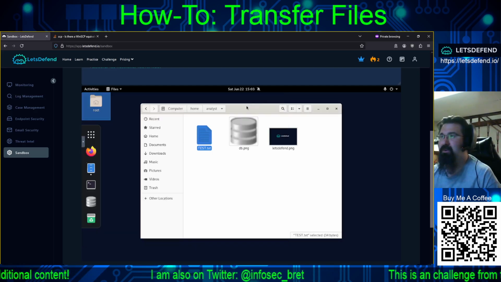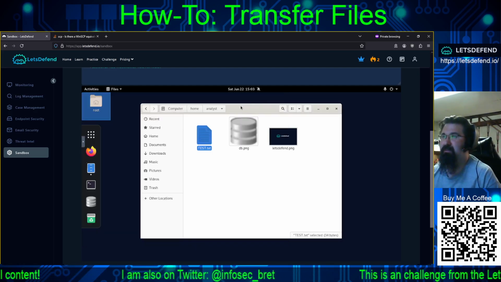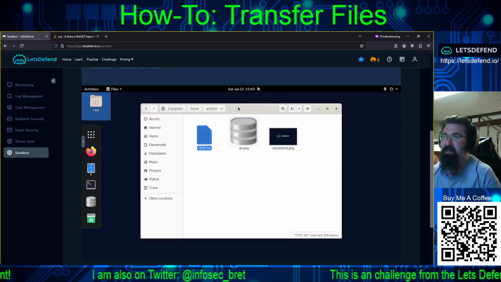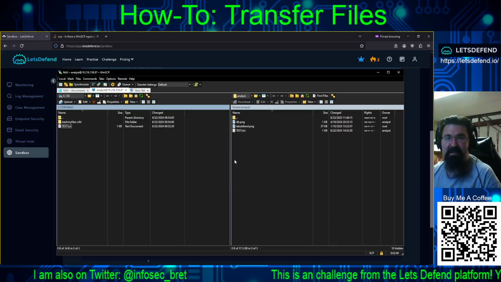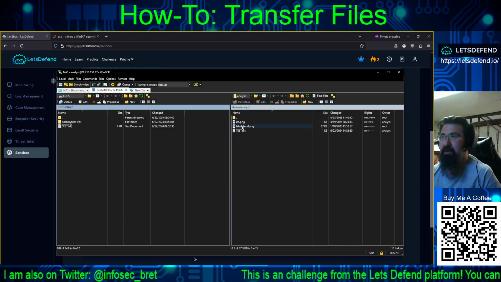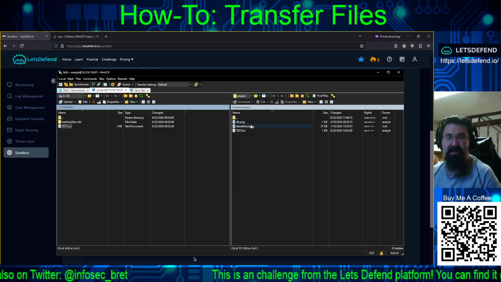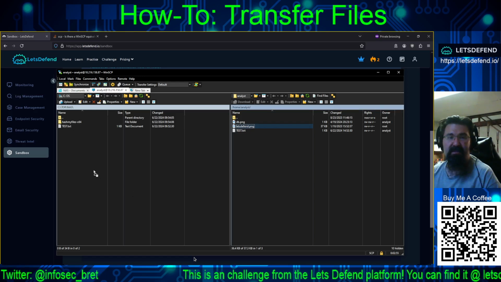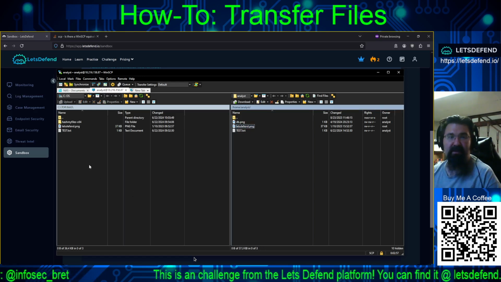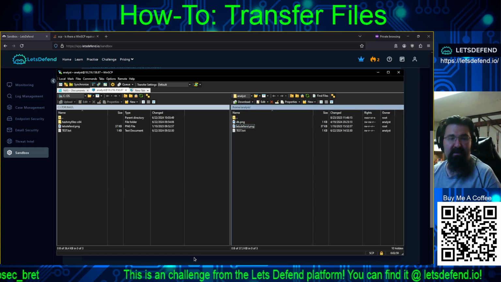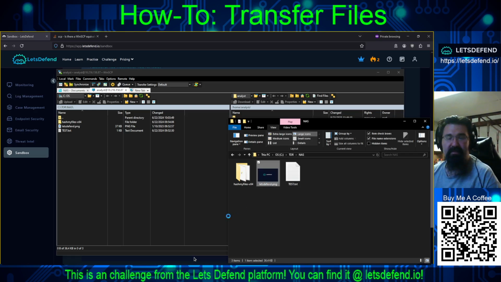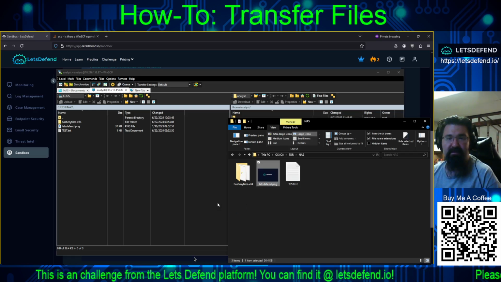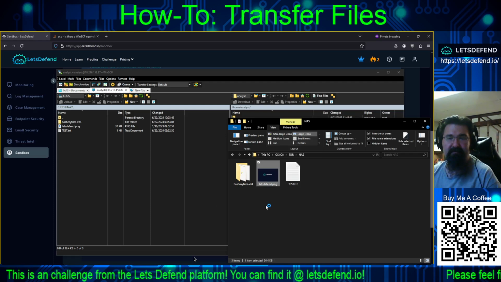Okay, great. So we've gone from our host system to the Linux VM. And obviously it is exactly the same in reverse. We just take the LetsDefend.png, we copy it over, and now we have it in here. So if I bring up this, we can click on LetsDefend.png,